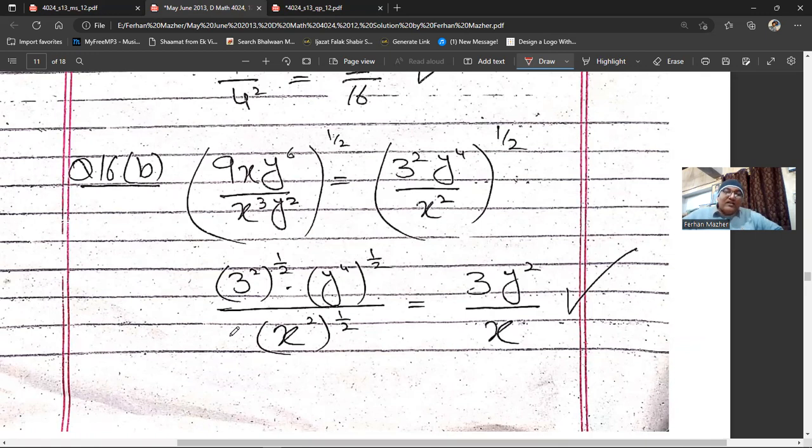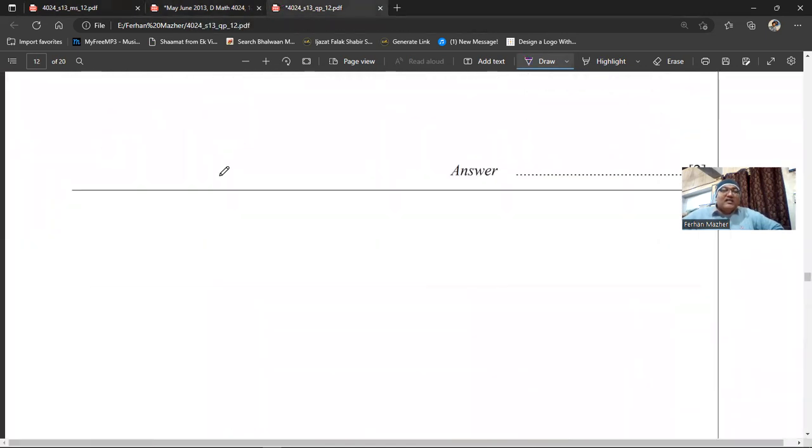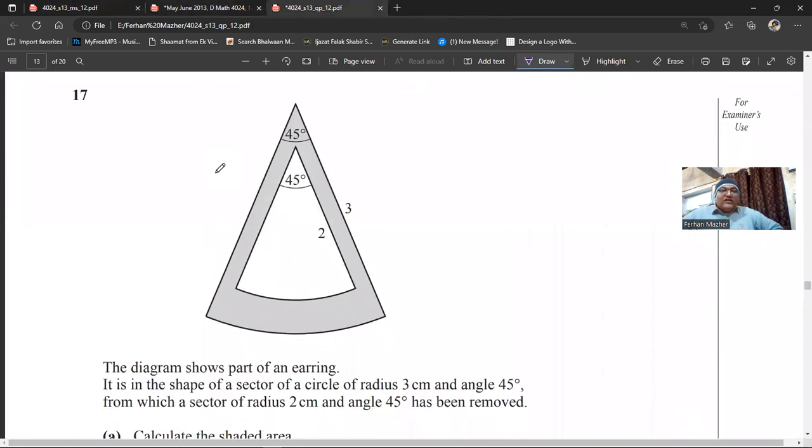So y squared. So x squared, this 2 will multiply with 1 by 2, the 2s will be cancelled. You will have x. So your final answer will be 3y squared divided by x. 3y squared divided by x. Hopefully you understand. Okay, so we are going to the next